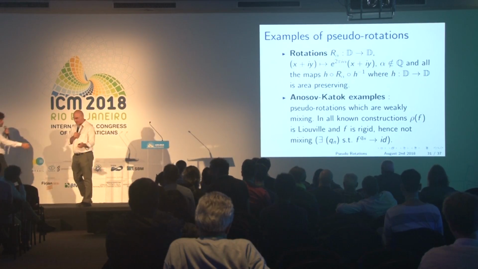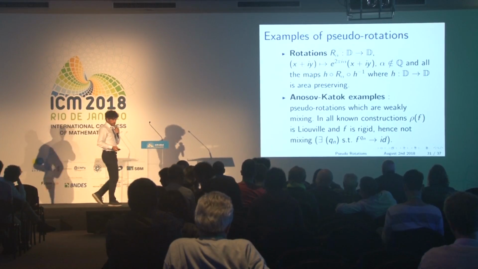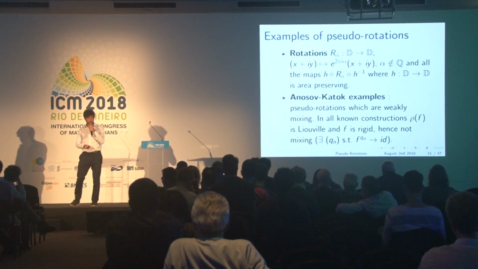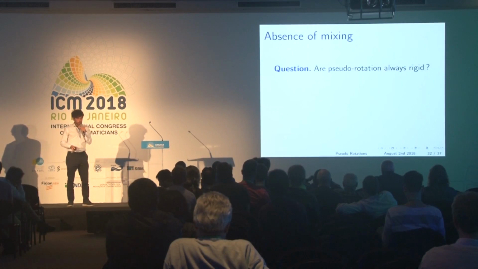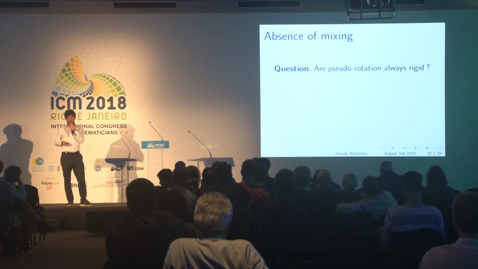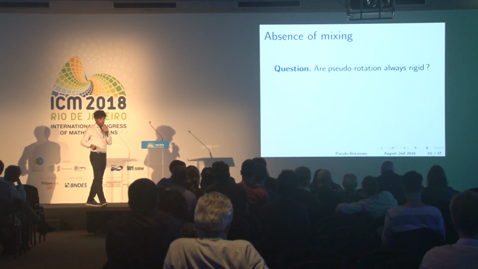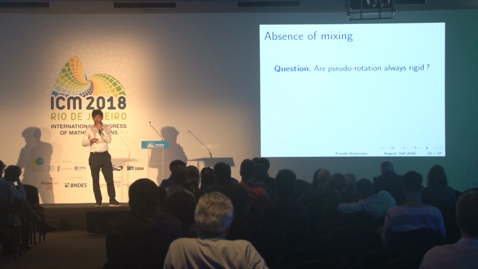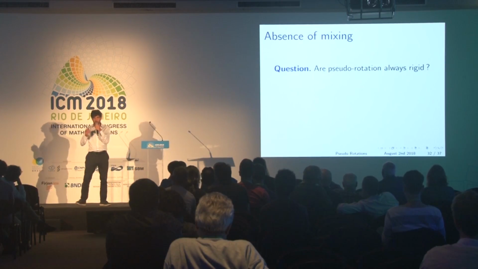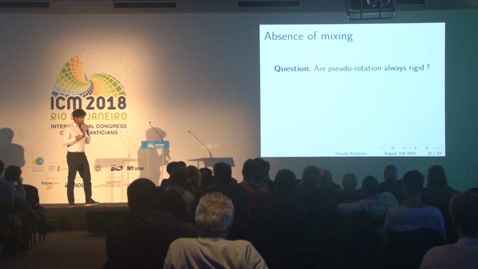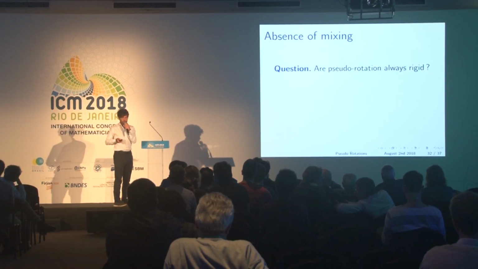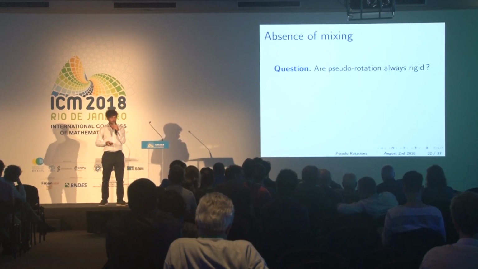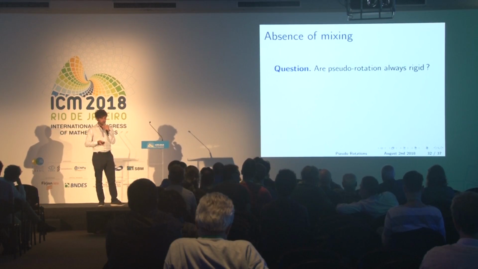So now, the question is, of course, whether all pseudo-rotations are rigid, rigid in the sense that there is an iterate that converges to identity. Therefore, they are not mixing. So it's a simple question. You know that circle diffeomorphisms, for example, are rigid because there is an iterate that converges to identity. But they are not rigid in the smooth topology. Yoccoz constructed counterexamples: in C2, no iterate converges to identity. He has some special minimal circle diffeomorphism with this behavior.